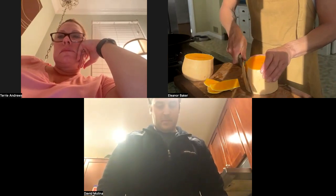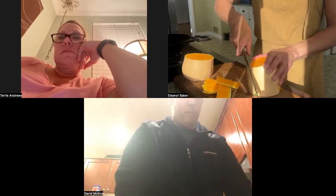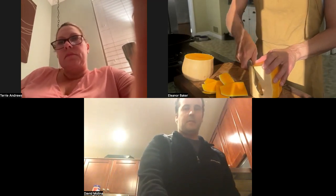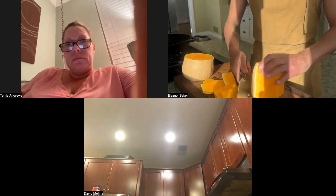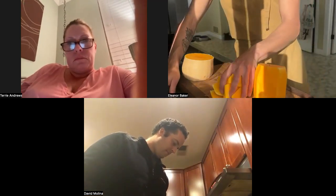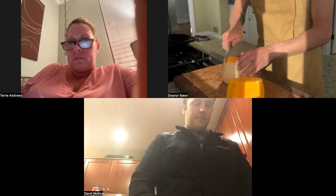So another nutrient that isn't talked about as much when it comes to bone health is your protein intake. So protein is really important, not only for building lean muscle mass and preserving that lean muscle mass, keeping your metabolism high, but it's also going to act as the scaffolding for your bone. So it really helps to build that bone matrix, which your bones are formed on. And especially as people age, their need for protein actually increases, but oftentimes their intake decreases because they have a lower appetite. So focusing on that high protein intake is going to help preserve that lean muscle mass and that